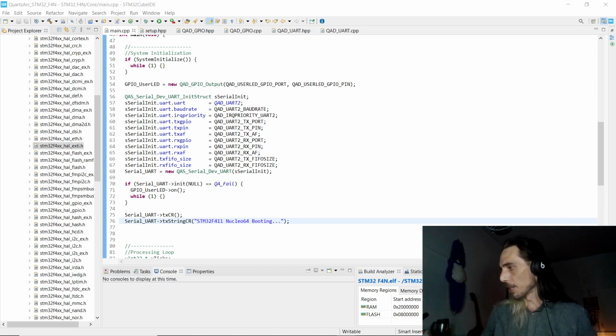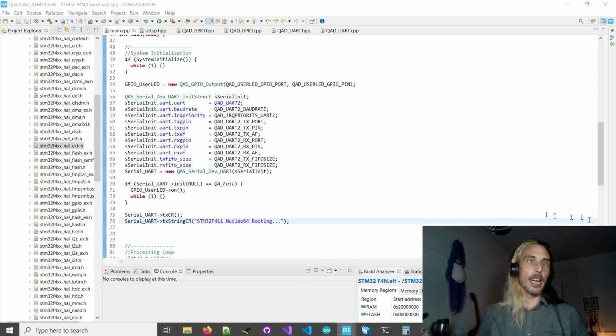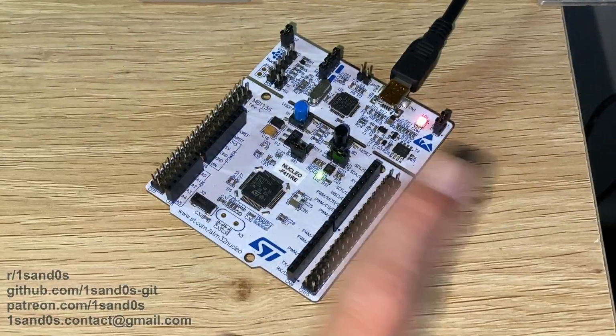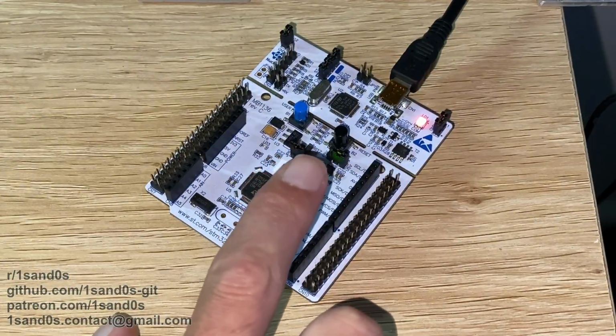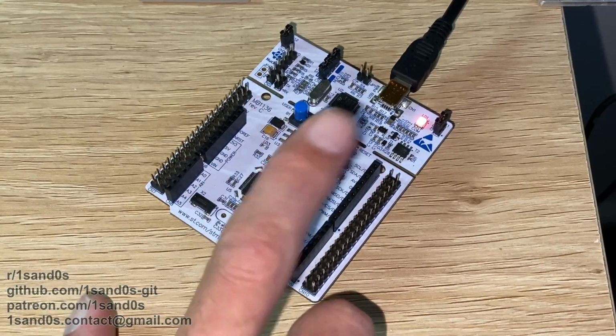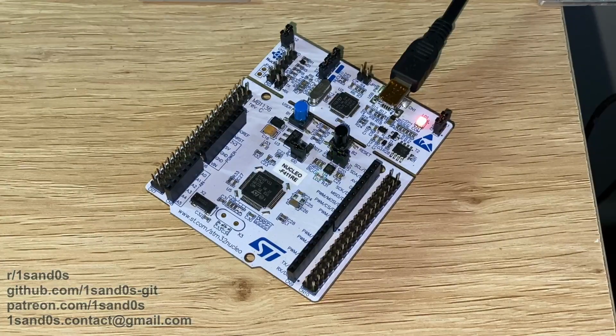First things first, for testing over this video, we're going to be using the user button, this black one. Might help if I switch to the right scene, not OBS. That one there. So the blue one is the one we're going to be using. The black one is our reset button. So we're just going to set up the external interrupt to the blue button,